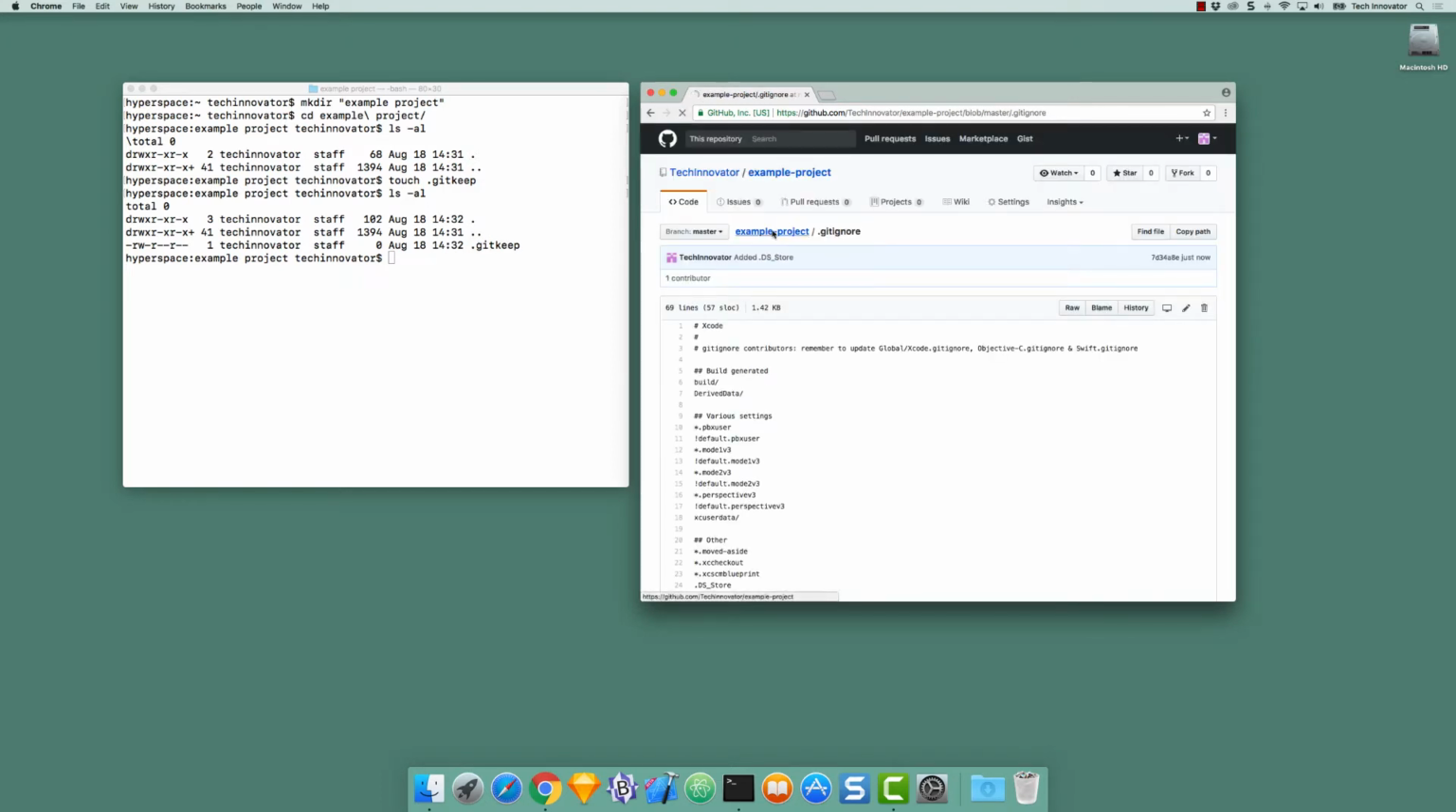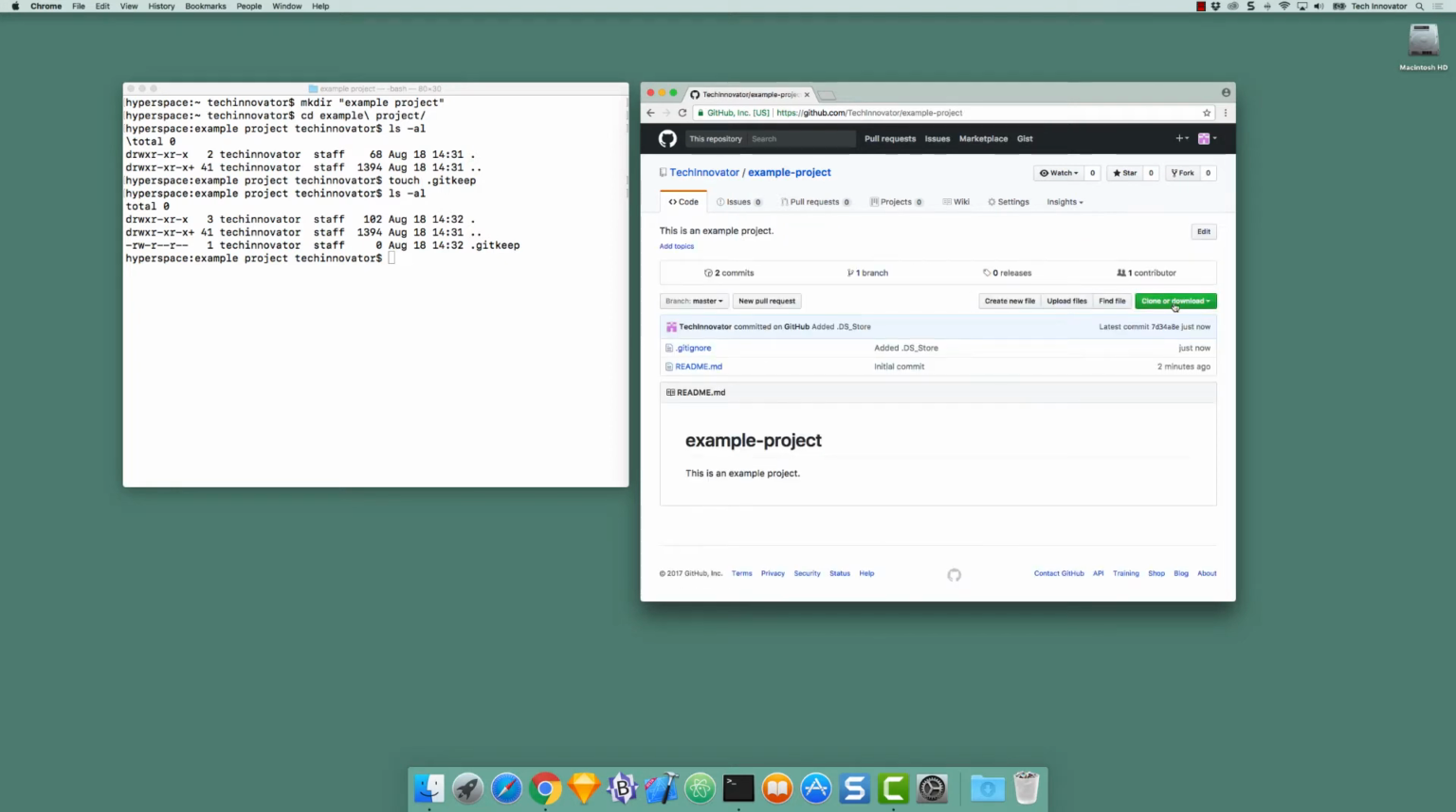And I'm going to go back to the repository and click on the clone or download. And we see that we have a URL that we can copy, that is the HTTPS web URL for cloning this repository. So we're going to now switch back to the command line, and I'm going to do ls -al, and